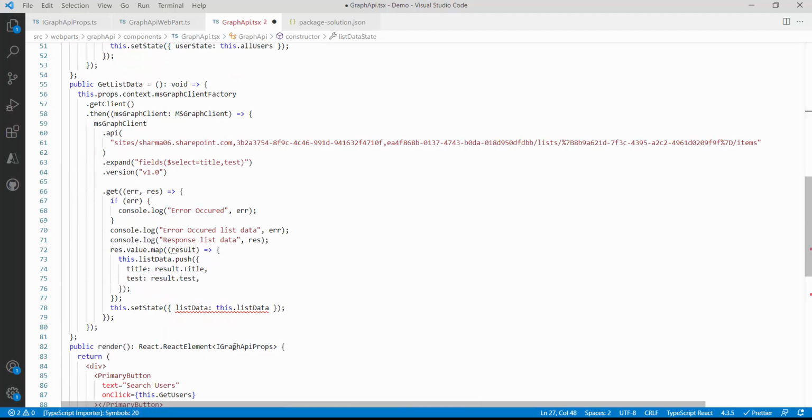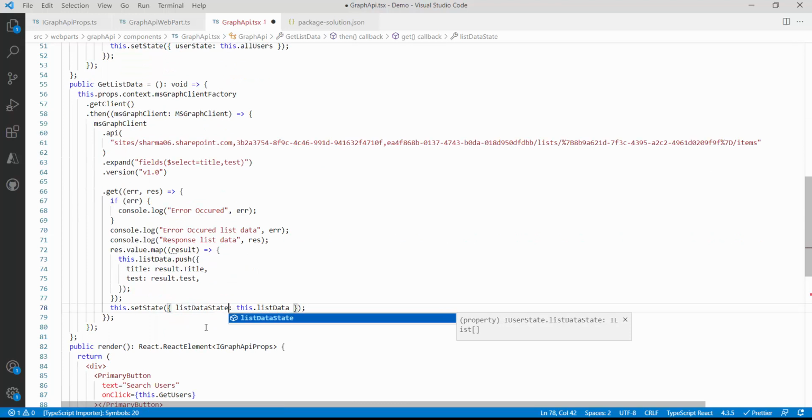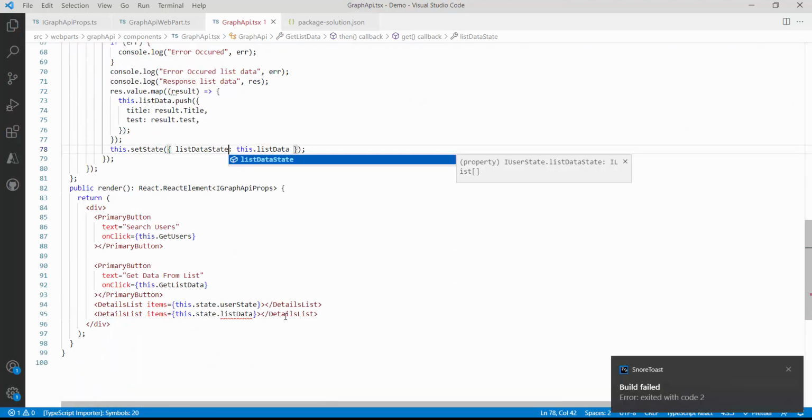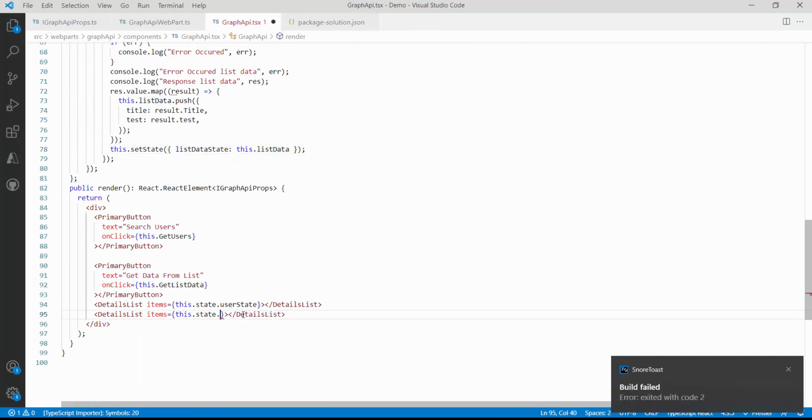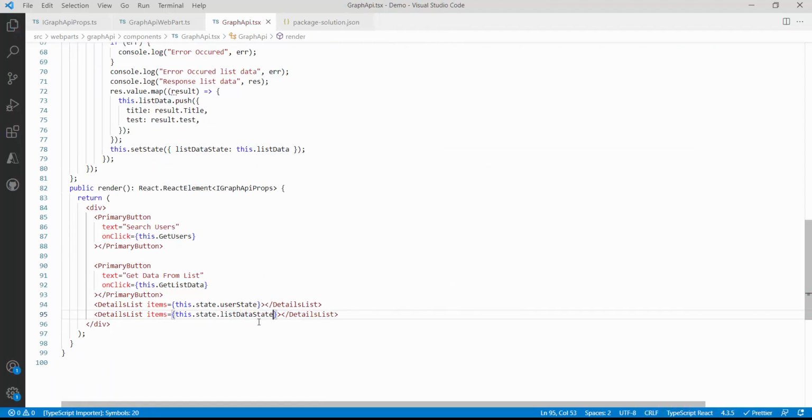This will not lead to any unnecessary confusion. Now it is clear. And here I will change this to dot state dot. So with this, the moment I append this state word, I came to know that this is my state variable. Now this is fine, it should work now.